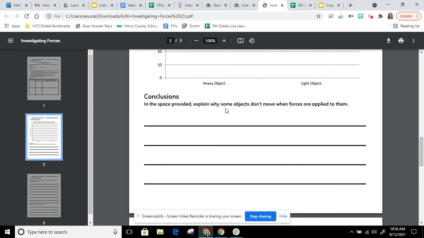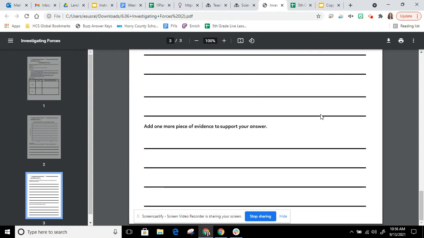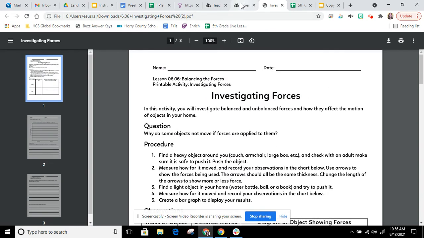In the space provided, explain why some objects don't move when forces are applied to them. Next question, what happens to an object when the balanced forces acting on it become unbalanced? Use an example to support your answer. And the last question, add one more piece of evidence to support your answer. So you've got a 3-page assignment here for